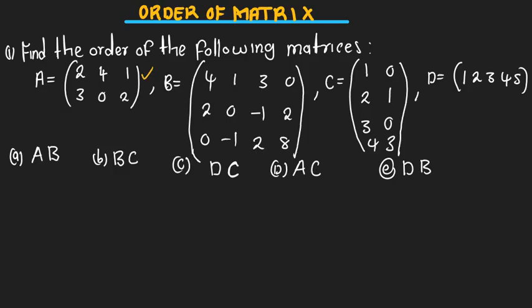Given that you've been given matrix A, matrix B, matrix C, and matrix D, then they ask you to find the orders. Find the order of the following matrices. They've given you these operations. Well, you can write your solution and then you start your operation. The first matrix that we have is matrix A. When you look at matrix A,